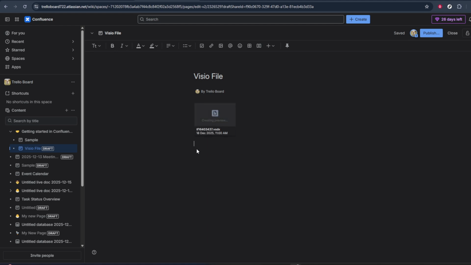Click and hold on your Visio file in your folder, then drag it over to the Confluence page editor. When you hover over the page, you should see a highlighted area or a message indicating that you can drop files to upload them. Release the mouse button to drop the file onto the page. Confluence will automatically upload the Visio file as an attachment and display it on the page. After the upload finishes, you can adjust the placement of the file on the page if needed, then make sure to publish or update the page so your changes are saved and visible to